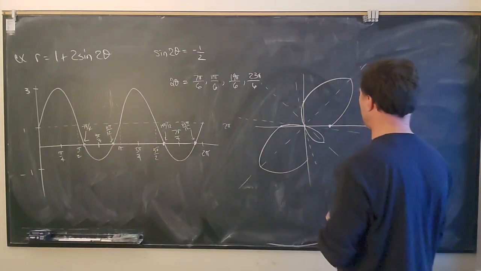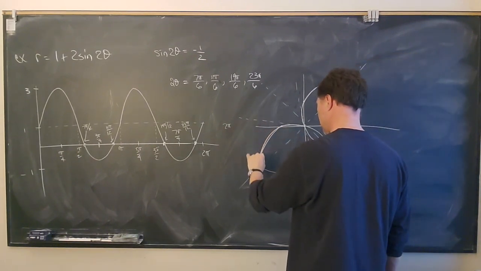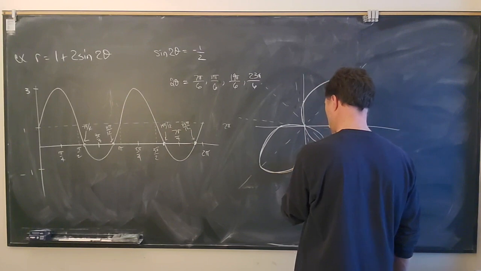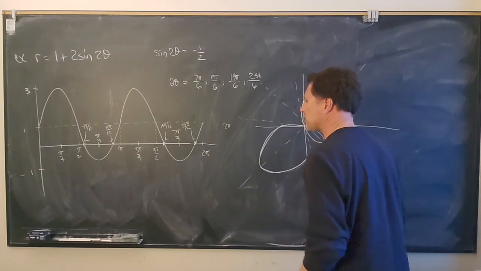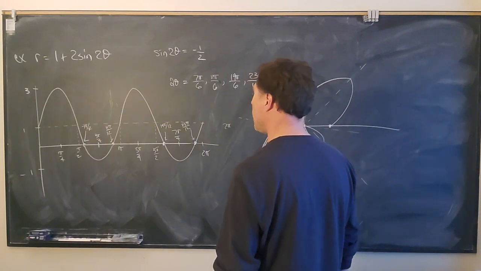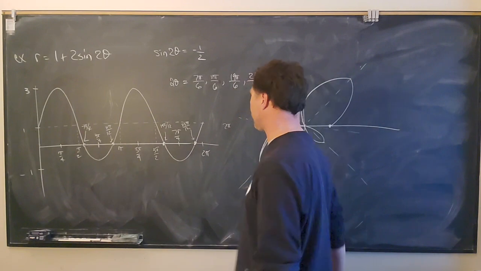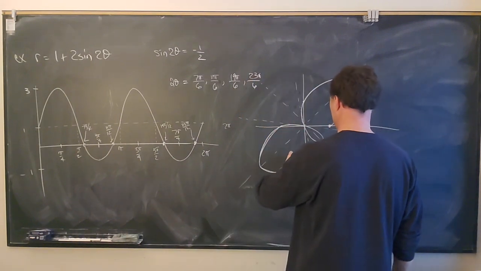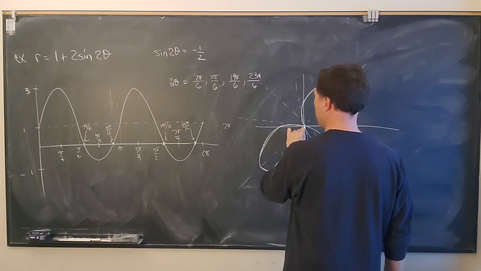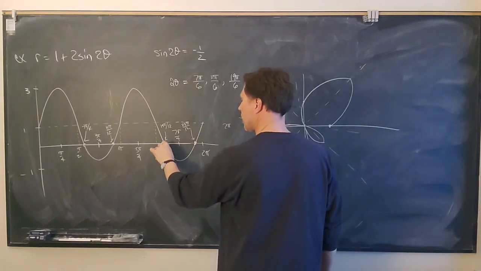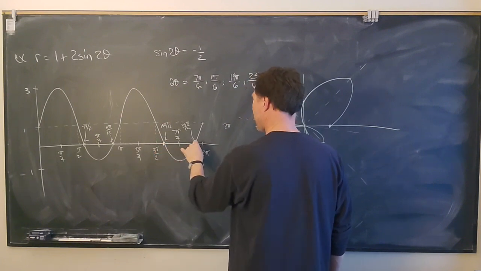And now hopefully you can kind of see what's happening. This one I made a little bit too lopsided here. And then if we finish this off, so let's see what happens next. From 3 pi over 2 to 19 pi over 12, we're going down to 0. So we're going to kind of come like this. Then from 19 pi over 12 to 23 pi over 12,